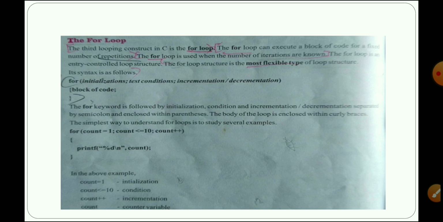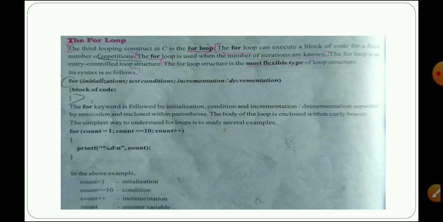Then the third one they have given is incrementation and decrementation. The first two statements, initialization and test condition, execute first. The condition is checked: if it is true, it goes to the block of code; if it is false, it will exit and come out of the block of code.